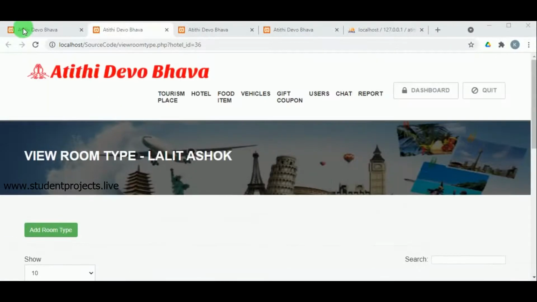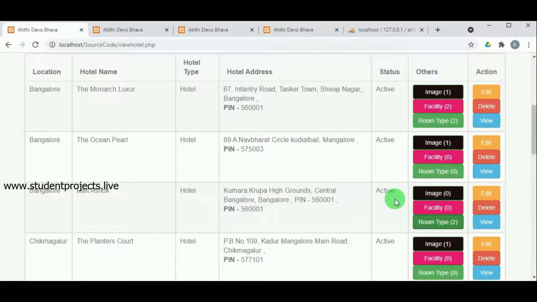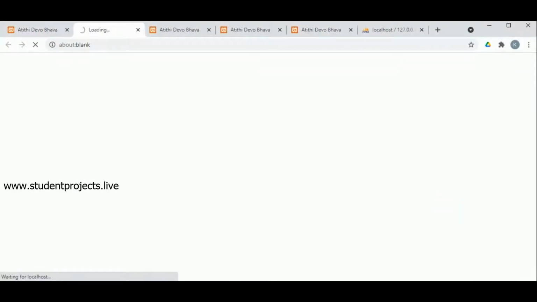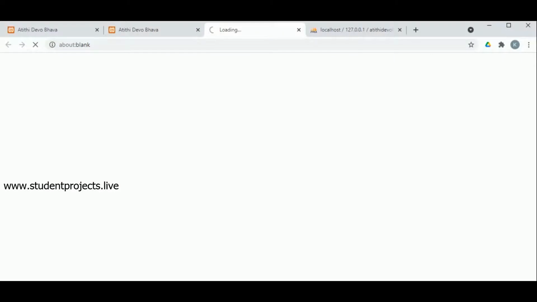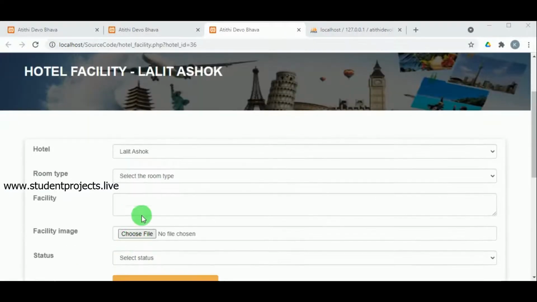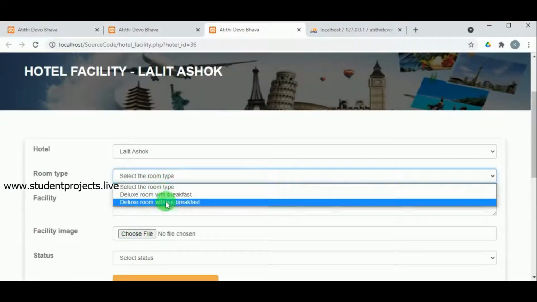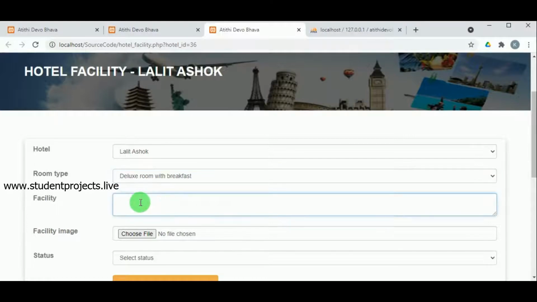Now let us add the facility. So facilities, what are the different facilities available in the hotel? So click on add hotel facility. To add the facility, we must select the room type and then must enter the facility available in that particular room.